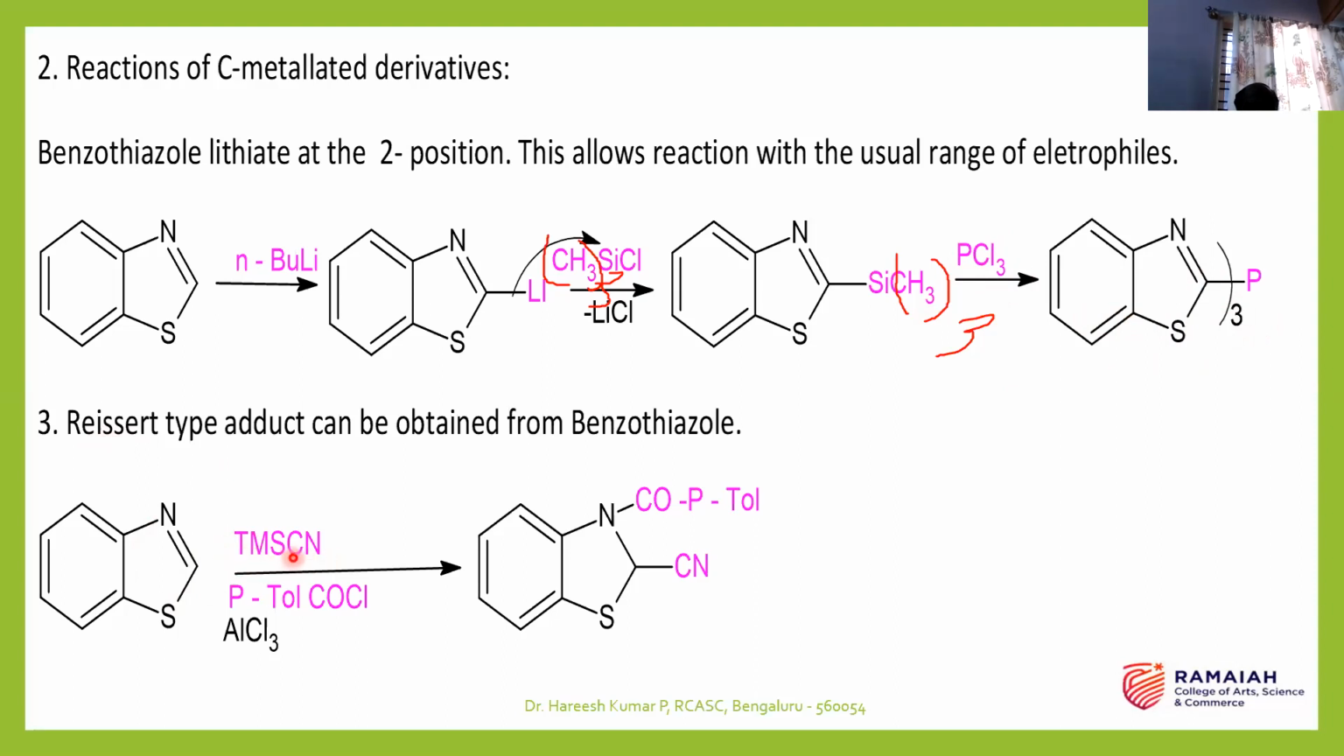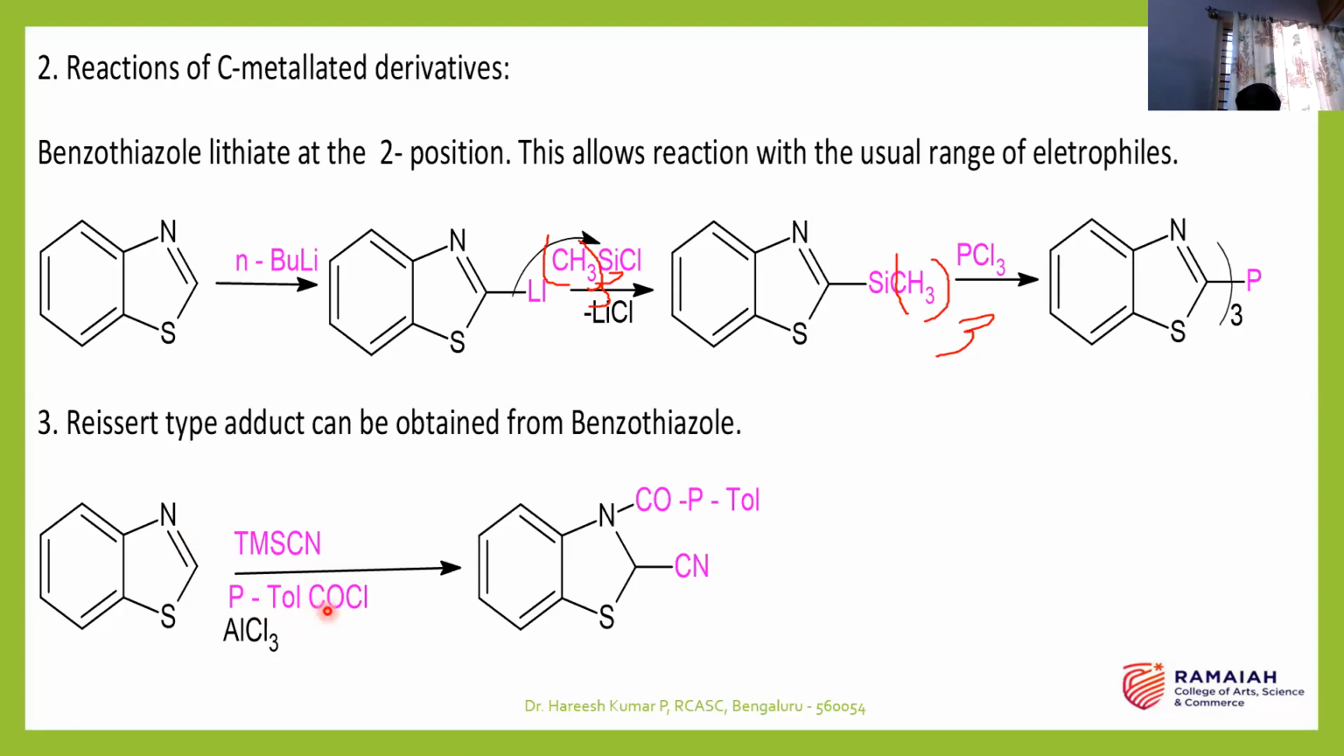TMS means trimethyl silyl cyanide. What will happen? So there will be a new bond formation between this carbon and cyanide. Similarly, this bond pair attacks this electron deficient carbonyl carbon. Cl will go out. So the name of this compound is called para-tolyl